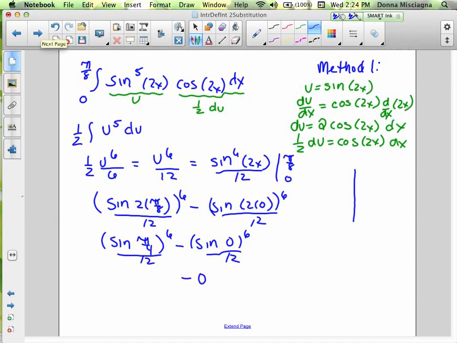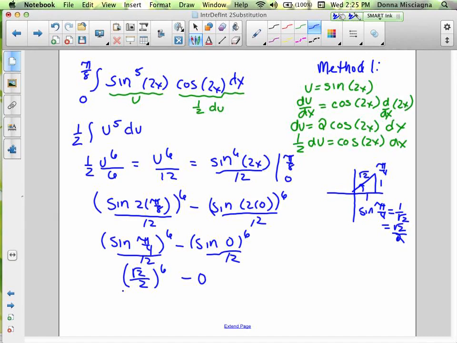As a reminder, pi/4 is your 45-45-90 right triangle, right? Pi/4 is the same as 45 degrees. So 1, 1, square root of 2. Sine is opposite over hypotenuse, right? So sine pi/4 equals 1 over the square root of 2, or if you want to rationalize that, square root of 2 over 2. There we go. So let's replace the sine pi/4 with the square root of 2 over 2, and that